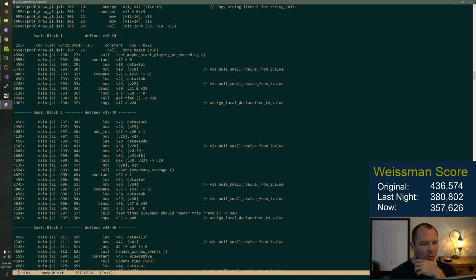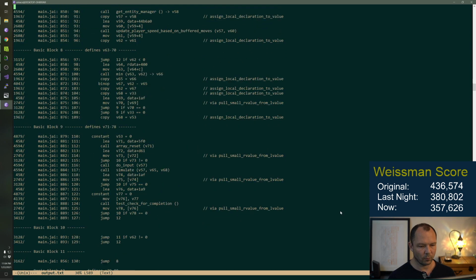So there's this pull small data from R value that happens a lot. I'm not sure why. That's one of the things I was looking at today. Sure happens a lot.